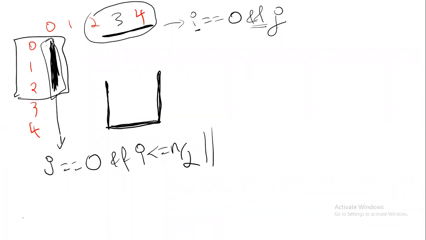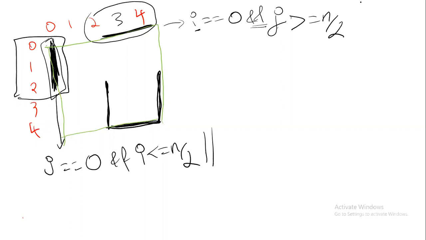Actually the green color marker is gone, so let me put this green color. Yeah. For what values of j? Don't you think all these j values are greater than or equals to n by 2? They are greater than the half part. So we have to write here, all these j values are greater than or equals to n by 2. They are on the right side, that's why they are greater. So for that line, all the conditions are complete.